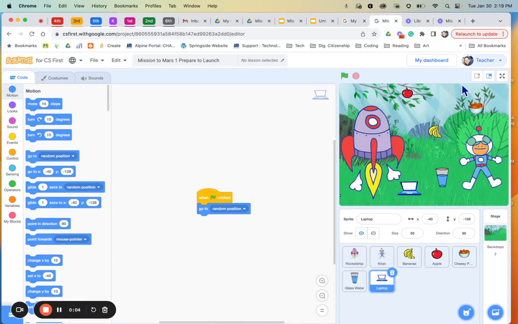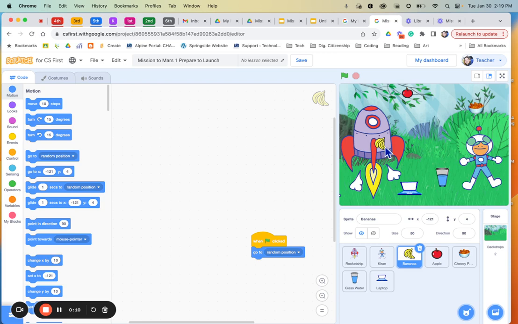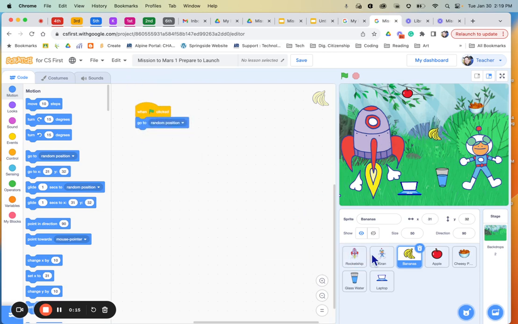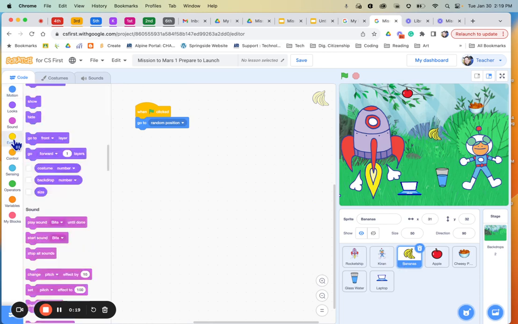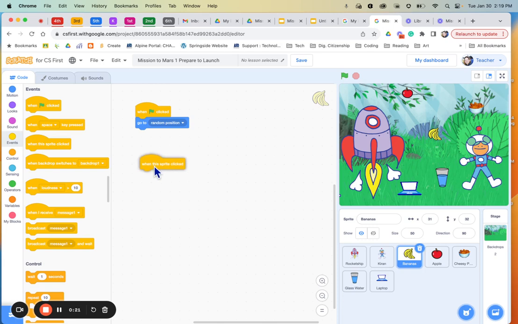Now we've got everything set up. So now we're going to start coding it. What I want to happen is I want it to come inside of the spaceship. So I'm going to use a new event. I'm going to come over here to the bananas and I'm going to use an event. So I'm going to say when this sprite is clicked, I want it to